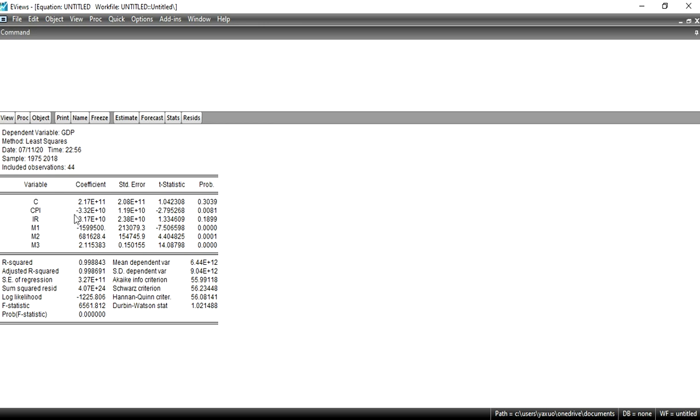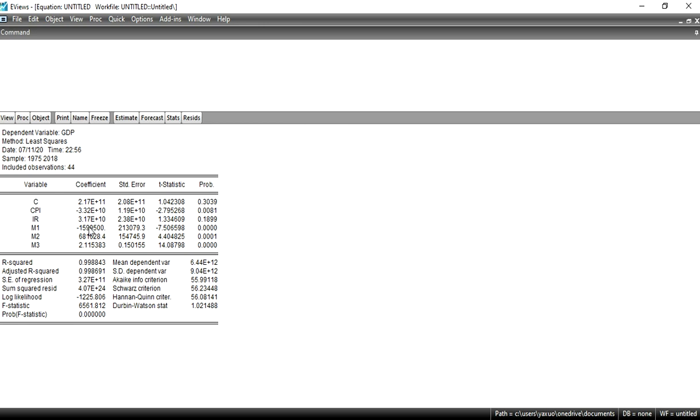When some variables in the results show the opposite sign, theoretically they have a positive relationship but in the result they show a negative relationship, it means there exists a problem of multicollinearity in your data. If this is the case, you have to look at the theory, and after looking at the theory you can tell about the relationship between the dependent and independent variables.